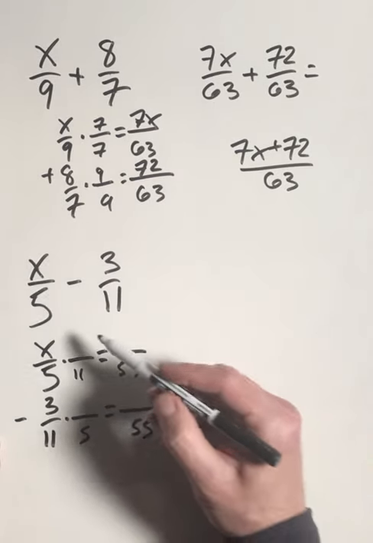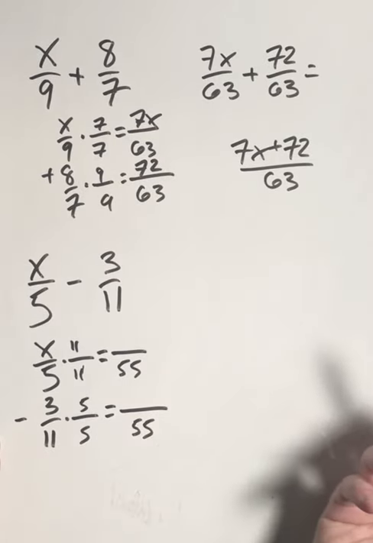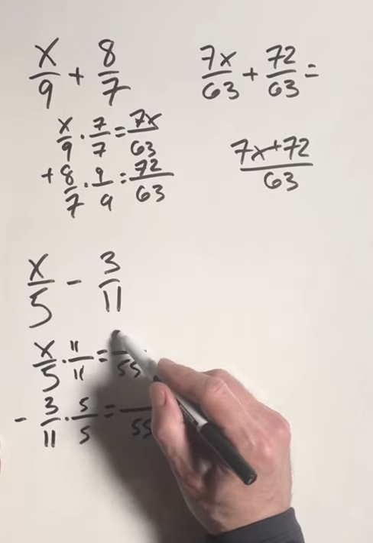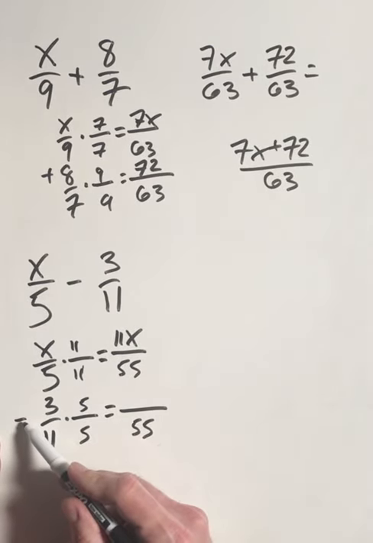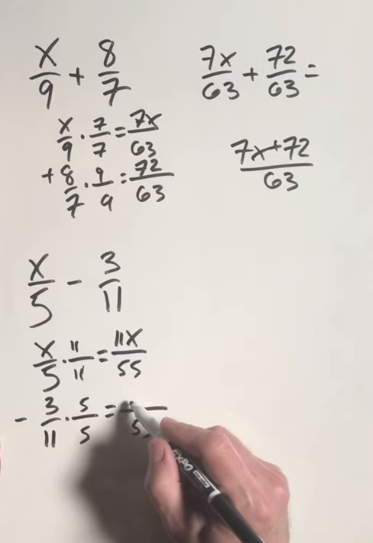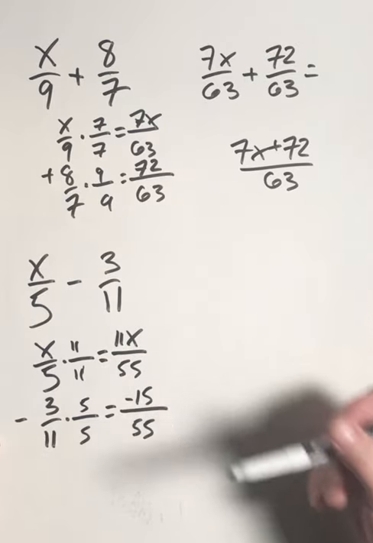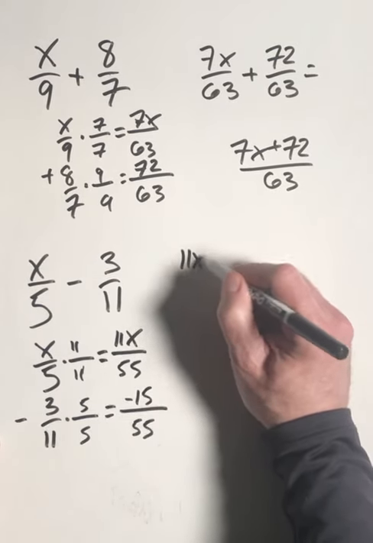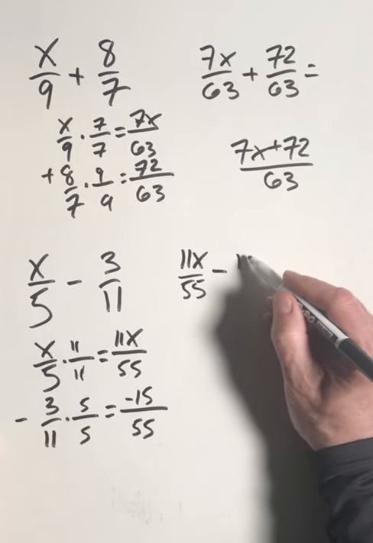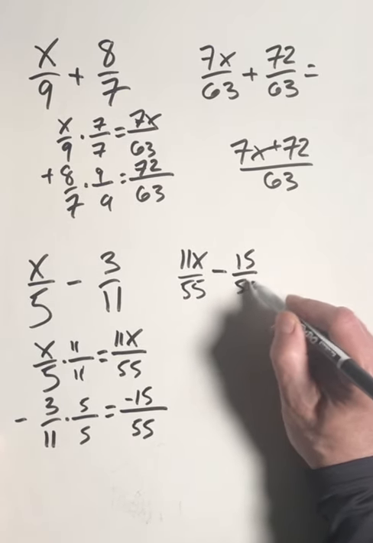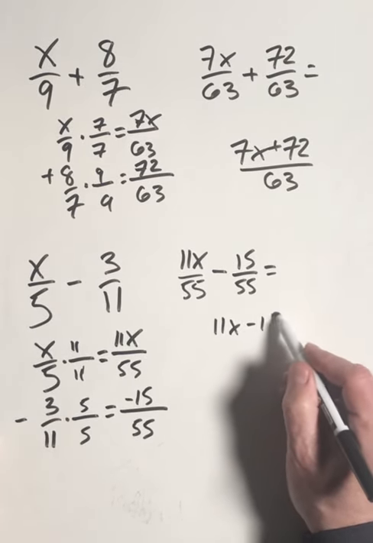as our common denominator. This would be 11 elevenths, that's our version of 1. This would be 5 fifths, that's our version of 1. X times 11 is 11x. 3 times 5, and we can write the negative sign in here now. Negative 3 times 5 is negative 15. So when we have x fifths minus 3 elevenths, we really have 11x 55ths minus 15 55ths, which equals 11x minus 15